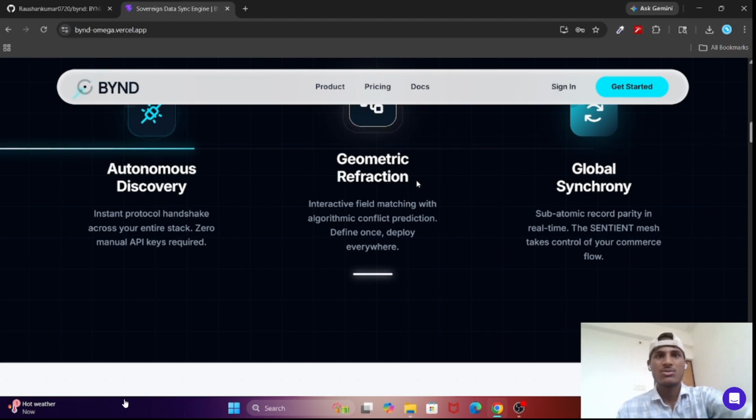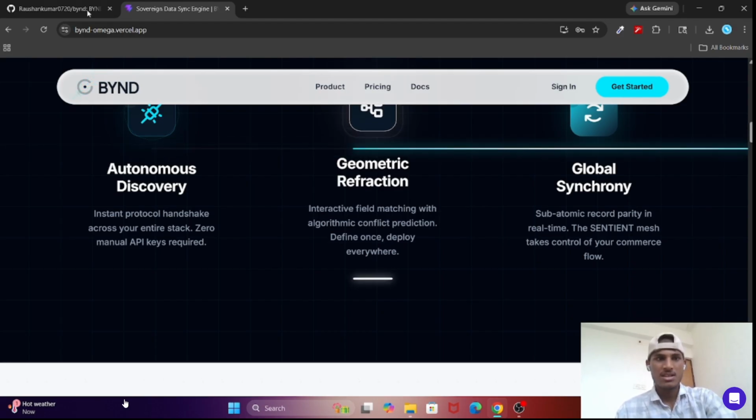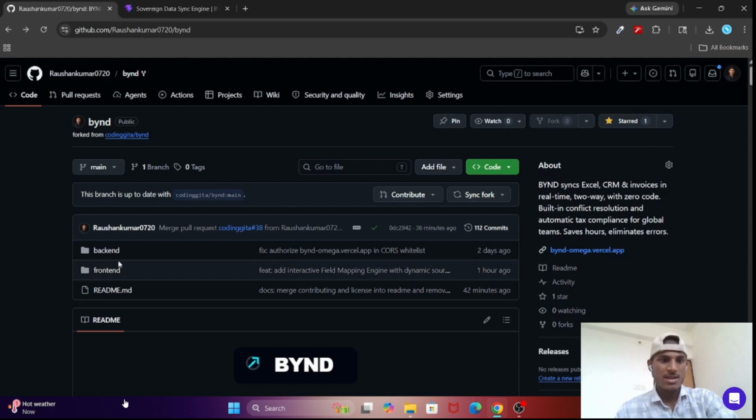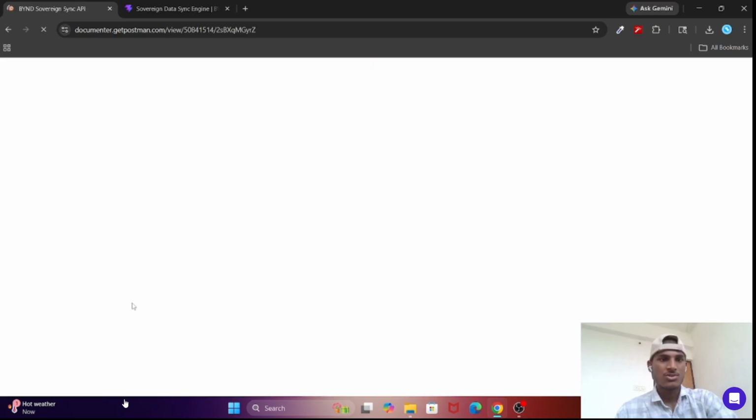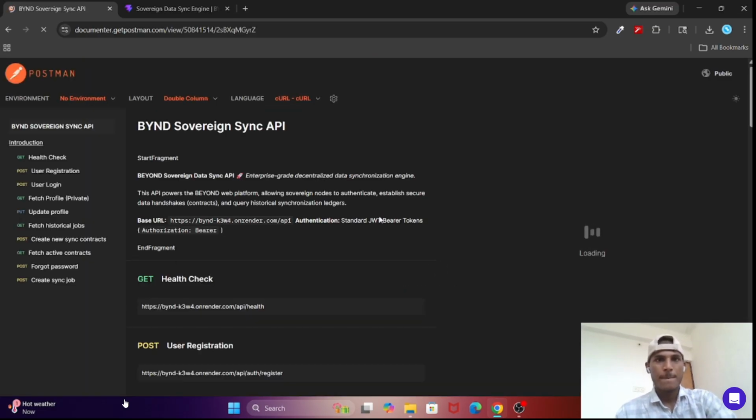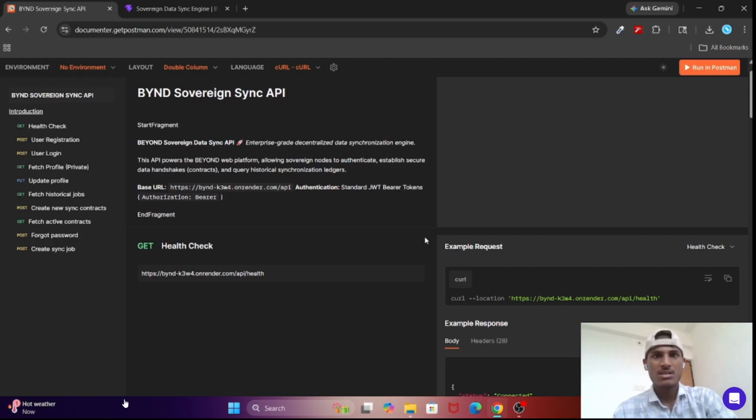Now I am going to demonstrate my Postman documentation. Here you can see a sample request for the login sync endpoint, and the response confirms successful execution with a structured JSON output.